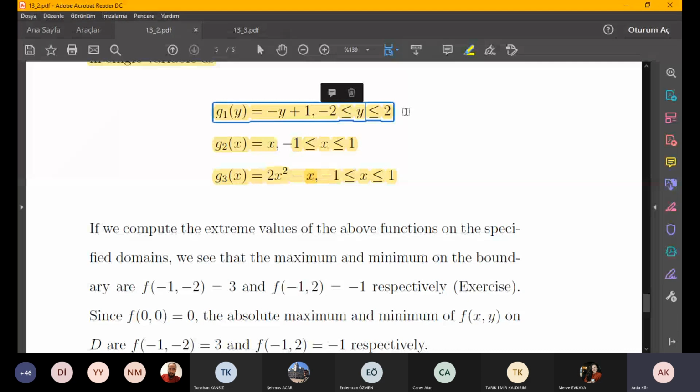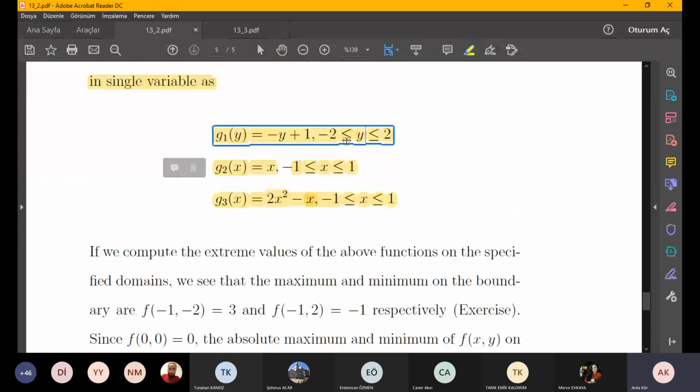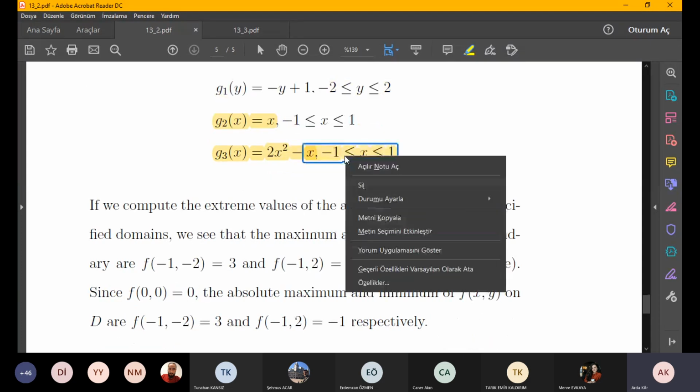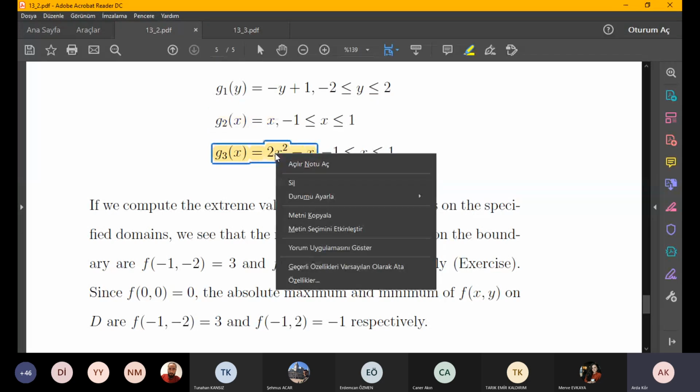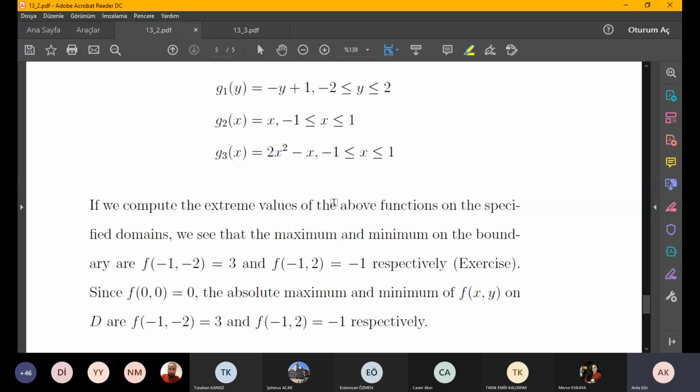For the second one, it is the closed interval [-1, 1], and for the third one, it is the same. So those are the domains. Between those domains, we will try to see what the extreme values of those functions g1, g2, and g3 are. And if you just solve those,